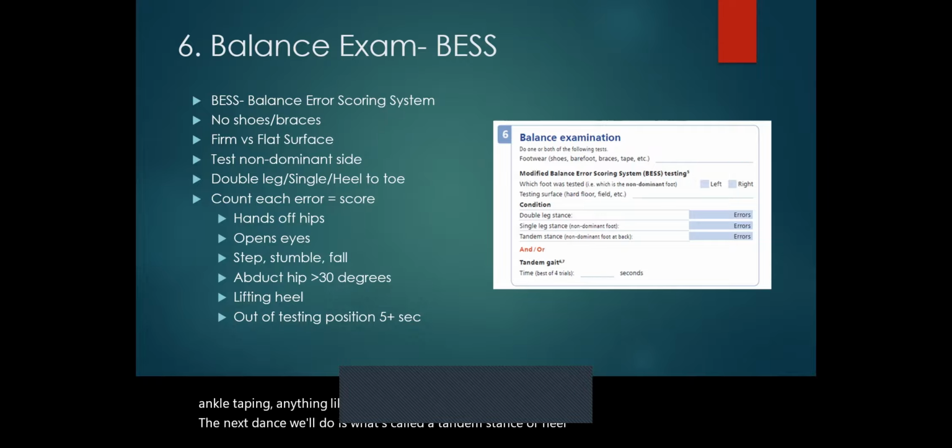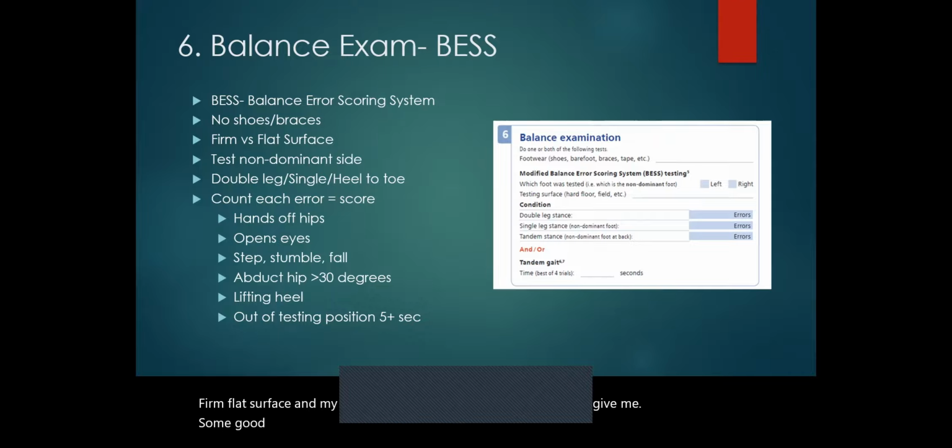The next stance we'll do is what's called a tandem stance or heel toe. So we'll stand heel toe, first on a firm flat surface and then later on a foam surface. Hands on our hips, eyes closed for 20 seconds, just stand there and balance. With this tandem stance, we also want to make sure our non-dominant foot is in the back. So again, if I would kick with my right foot, I want my left foot in the back and my right foot to the front. So I would get scores for all of my firm flat surface and my foam surface. And then together that would give me some good baseline data.